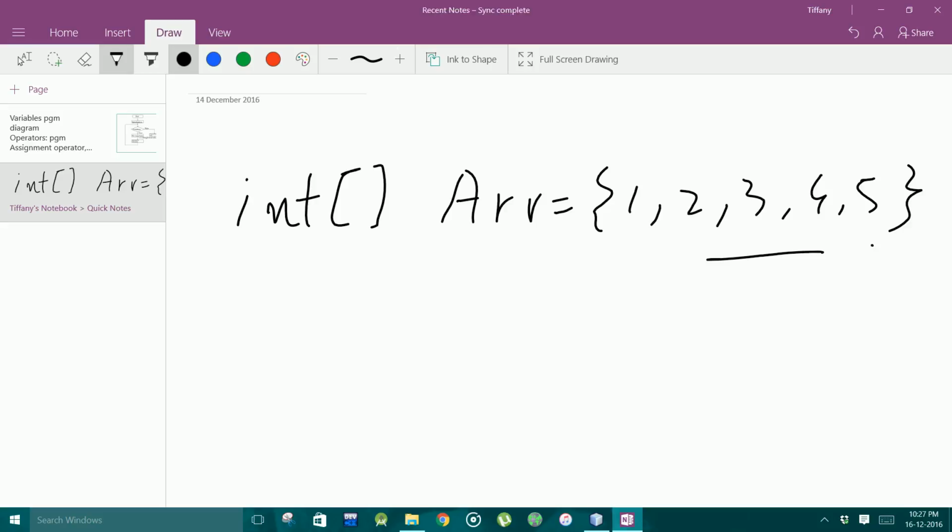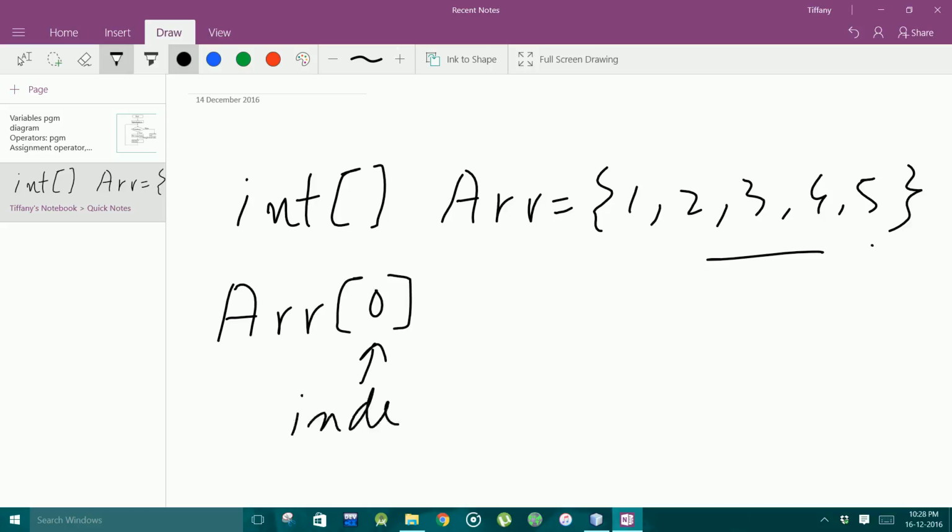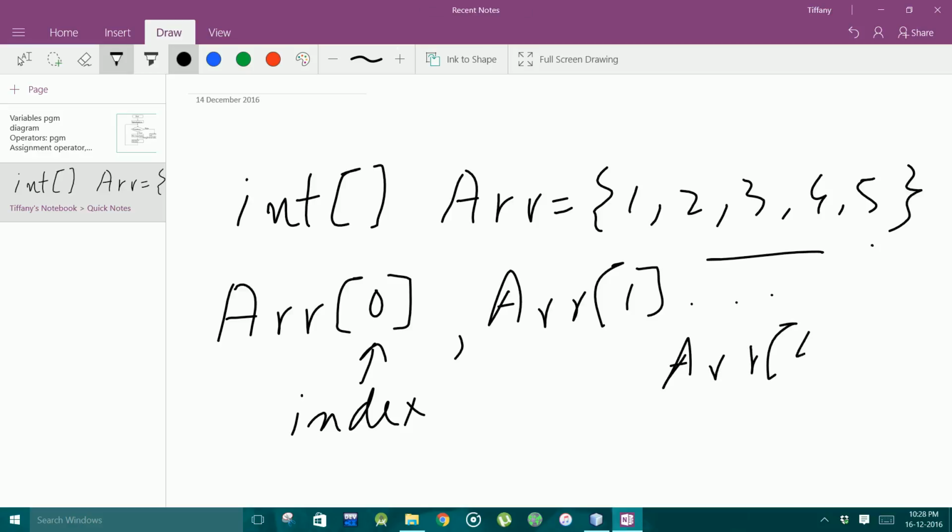Now naturally the question arises, how would you reference and manipulate each data value if you're handling them together like this? So how you would do that is the name of the array followed by a number which is called the index number. Now here ARR of 0 points to 1, ARR of 1 points to 2 and finally ARR of 4 points